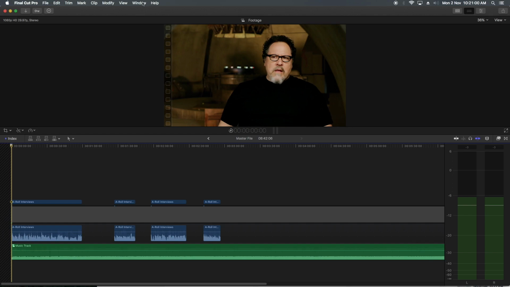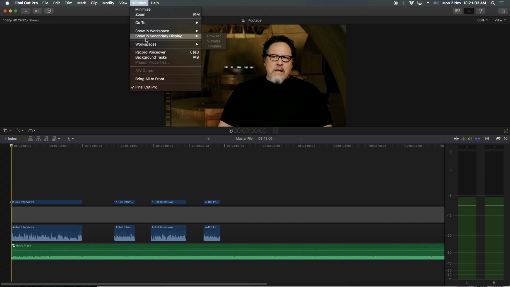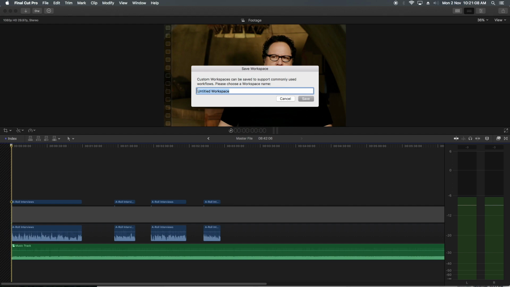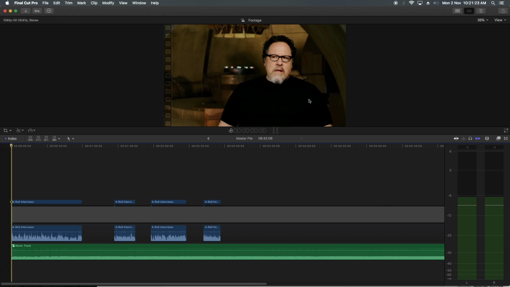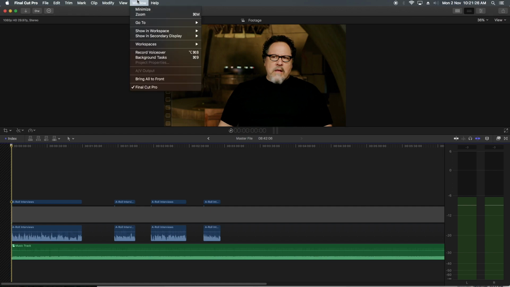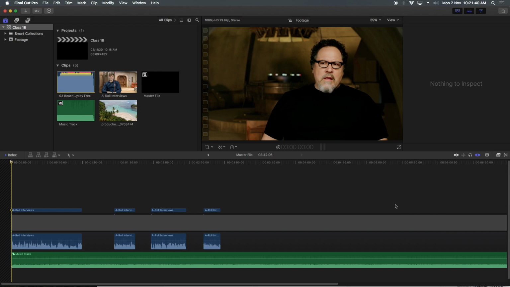What I have to do is go to Window, and in Workspace I can save workspace as editing, or my editing layout. I click save, and it gets saved. And again, to change to any workspace, where do I have to go? I click on Window, Workspace, and it shows my editing layout. If I want to go to default, I click on default, and it automatically changes to that default.